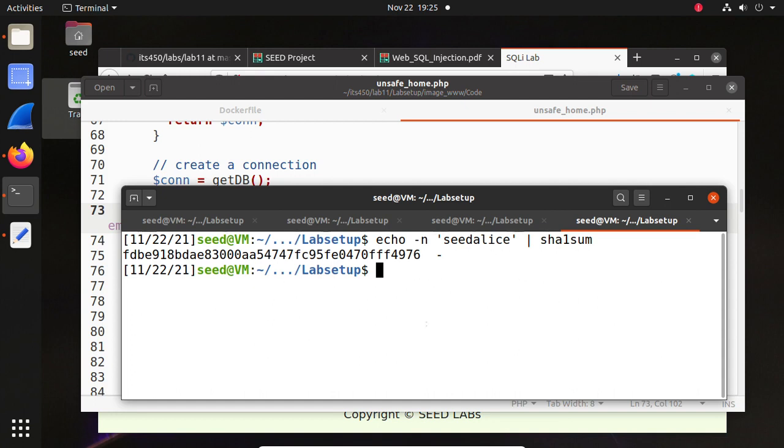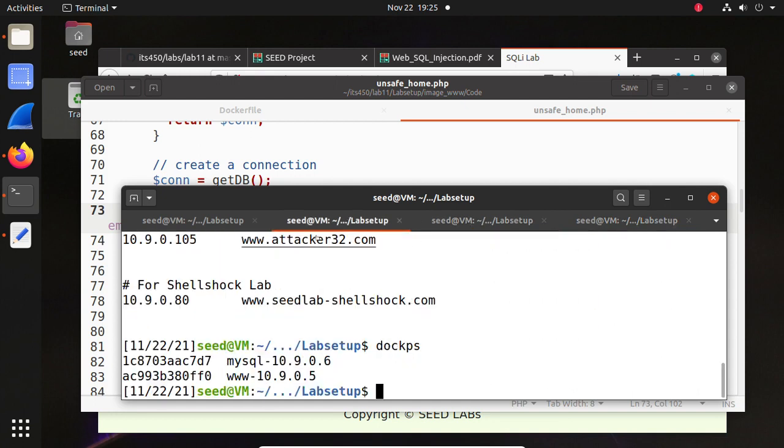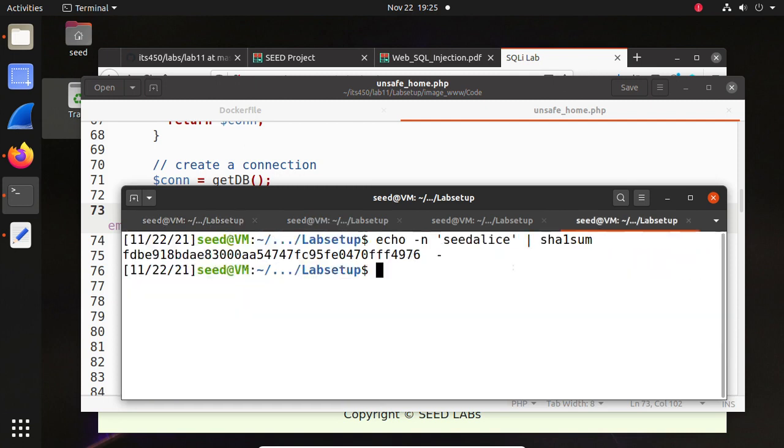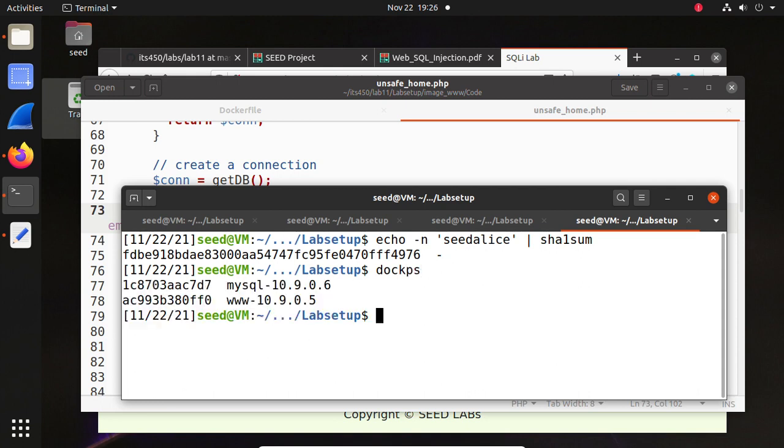The website container is this one. So type the first character, because the first character of these two containers is different. So a single character is sufficient. Now for the website,